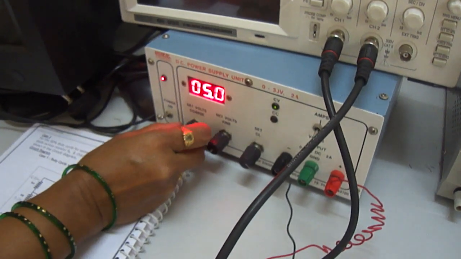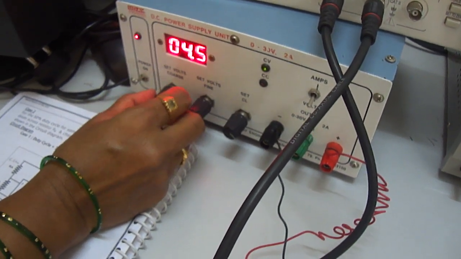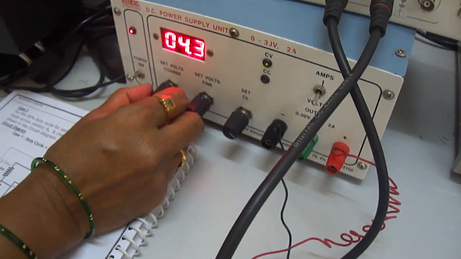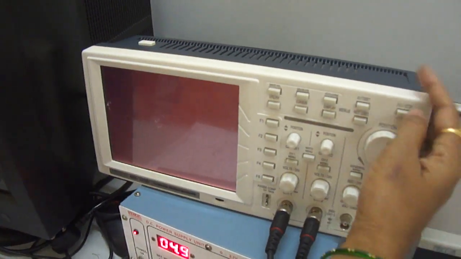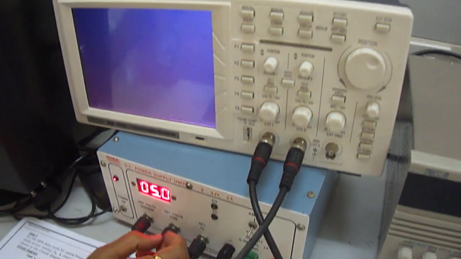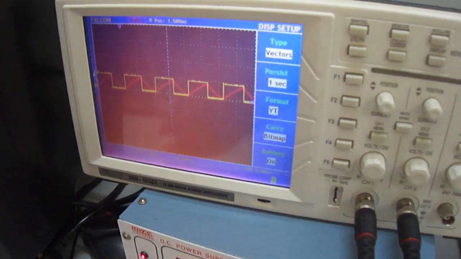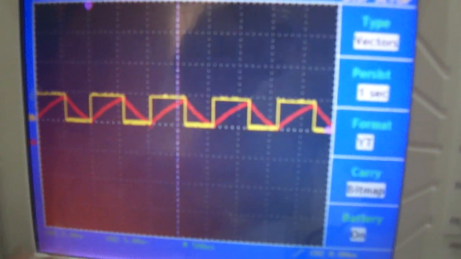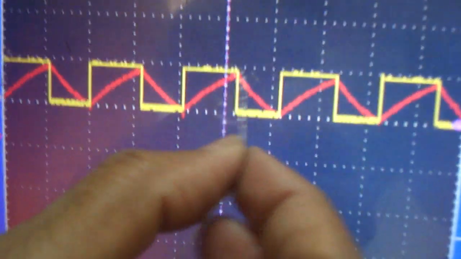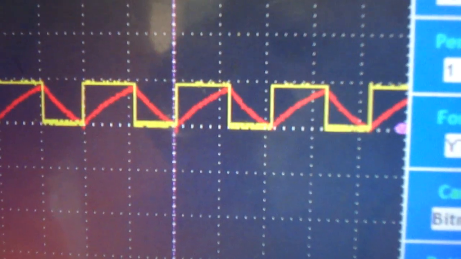Switch on the RPS, adjust the supply voltage as 5 volts. Switch on the DSO, press the run button. So I am getting the output like this. Now measure the T on, here to here.